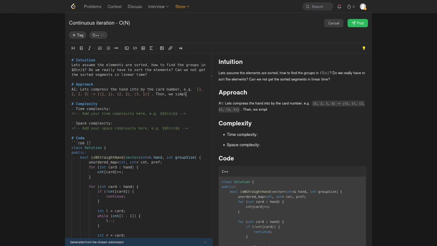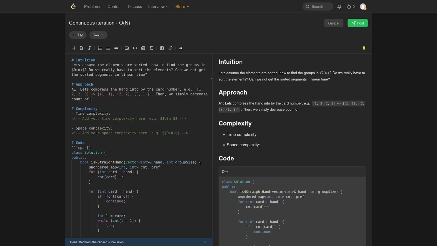Then we simply decrease count of first group size elements